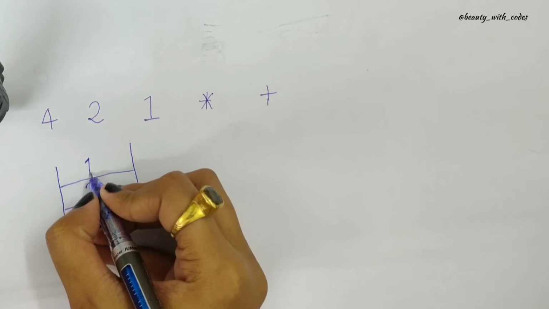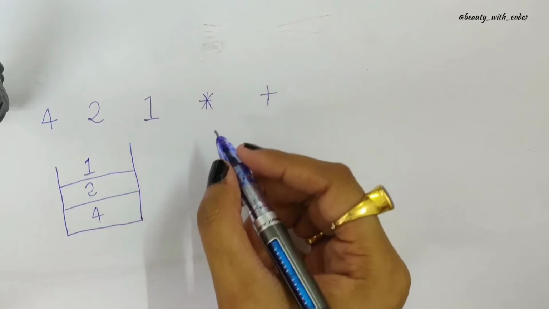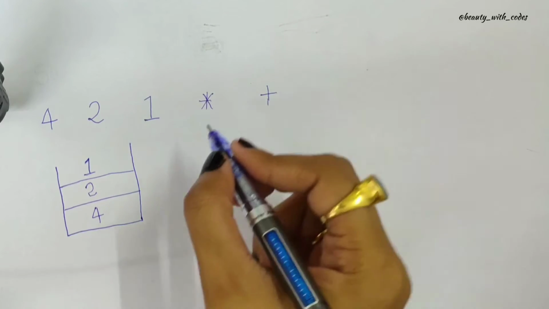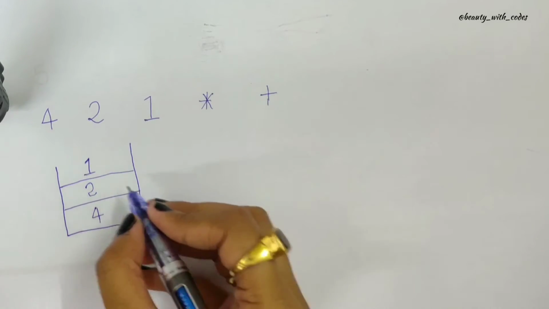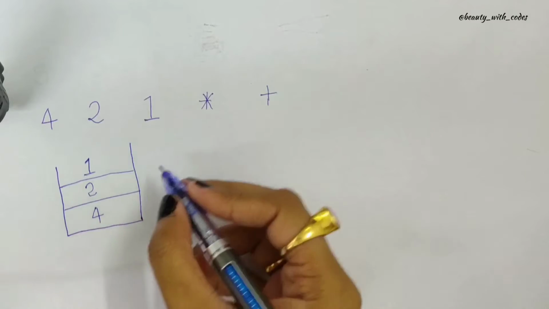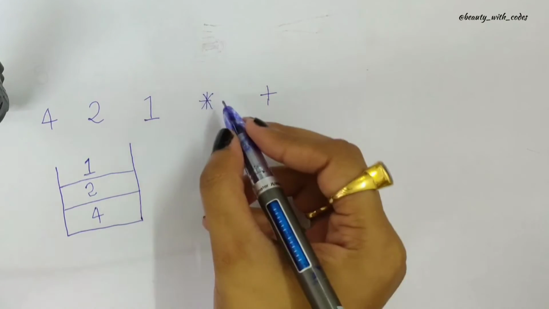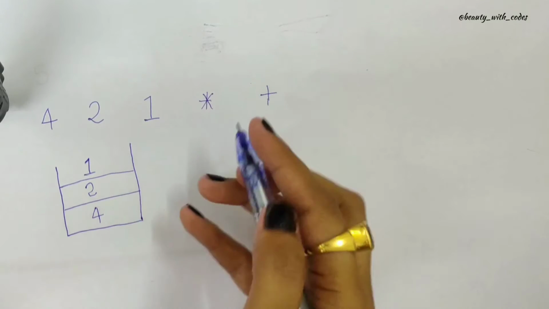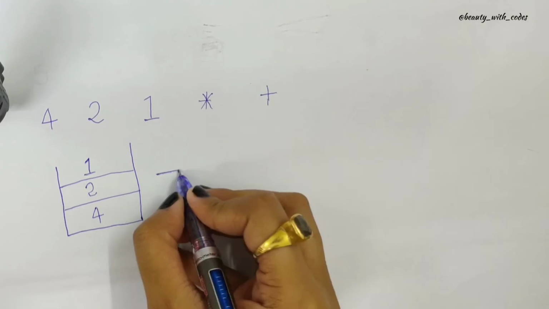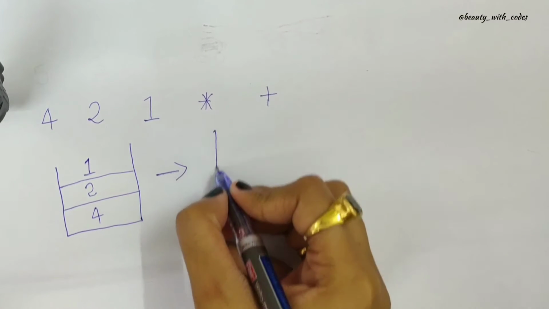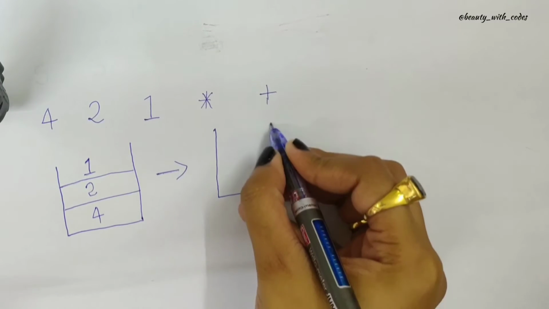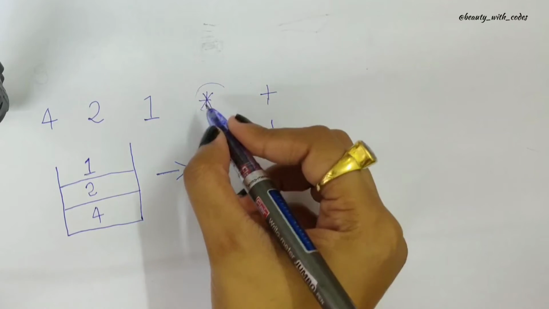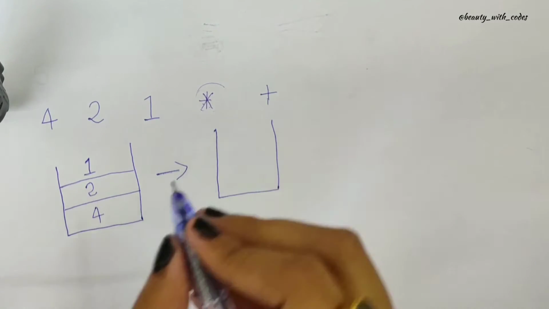After that, the fourth element is the multiplication sign, and since it is an operator and not an operand, it is not supposed to enter the stack. It is supposed to be evaluated, isn't it? Because operators are responsible for operations. So in that case, what will we do? See, this is going to be the case after this. After this multiplication sign, what is going to happen?